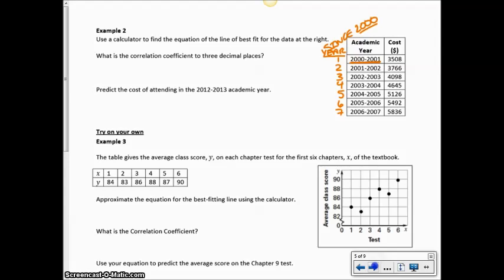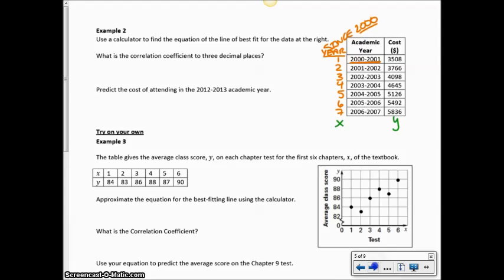So when you put in your data, these are your X's and these are your Y's. So take a minute and go ahead, pause, and put all your data in there. Remember, you're going to make sure you're in two variables, which you should be because you just did that last one. And then you're going to do second data, clear all your data because you want to clear out everything that's in there. And then you've got to hit data, and then that's when you scroll through using your down arrow. All right, once you hit stat var,